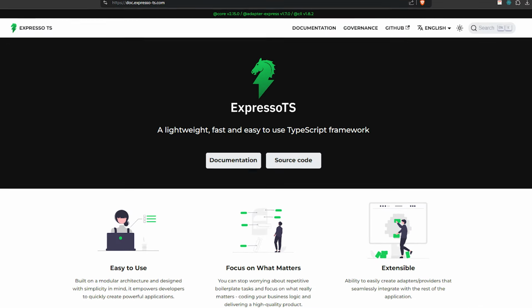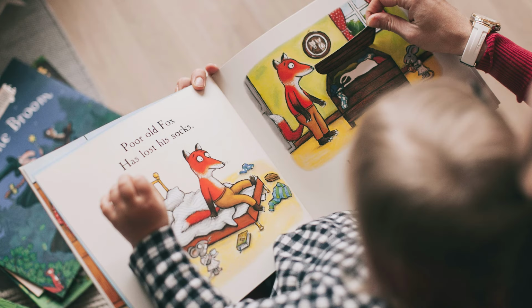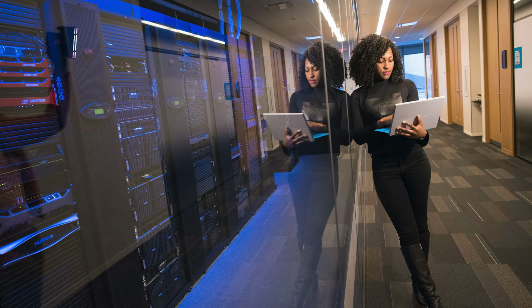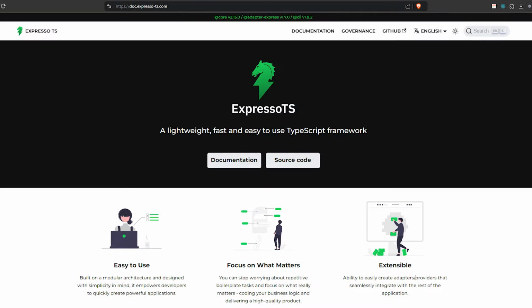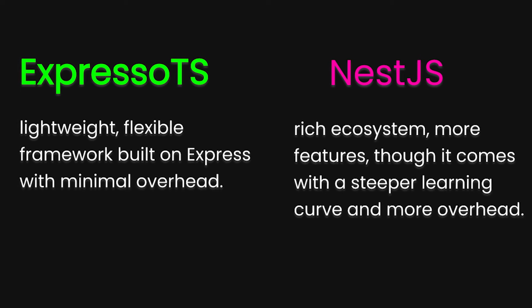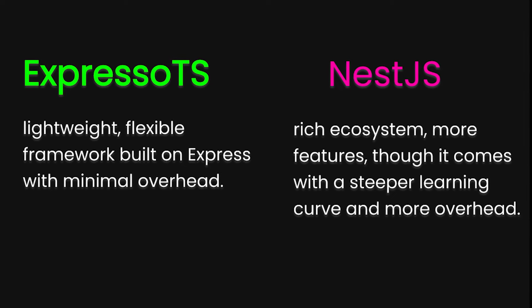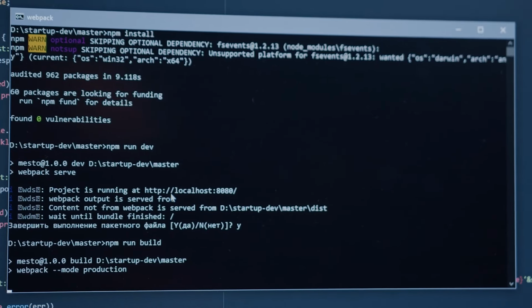It's a TypeScript plus Node.js lightweight framework for quickly building scalable, easy to read and maintain server-side applications. Much like Nest.js, ExpressoTS leverages the power of TypeScript to provide a well-structured and type-safe environment for building complex applications. ExpressoTS brings its own unique features and advantages to the table, making it a compelling choice for developers looking for flexibility and performance in their projects. We'll explore these unique aspects throughout the video, so you can see how ExpressoTS stands out in the crowded landscape